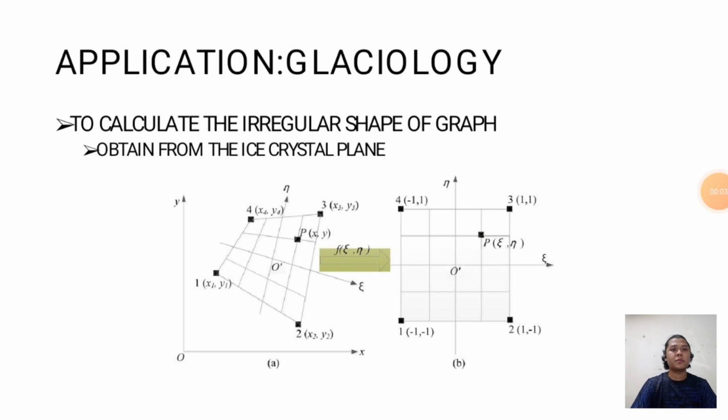Okay, so now my presentation for team assignment 1 will be on the application in glaciology. As you can see, in glaciology, the differential equation can be used to calculate the irregular shape of the glacier, which can be obtained from the ice crystal plate or the ice crystal block itself. The isoparametric element and the numerical integration are used for the glacier. The majority of glacial structures are irregular in shape, with some having